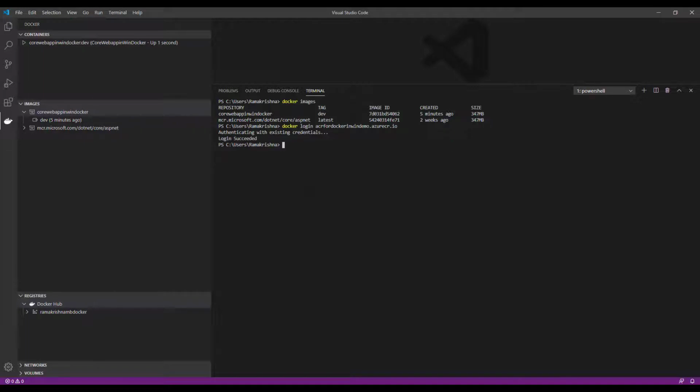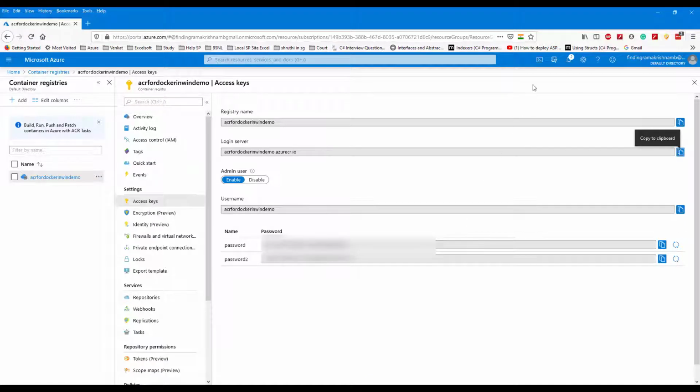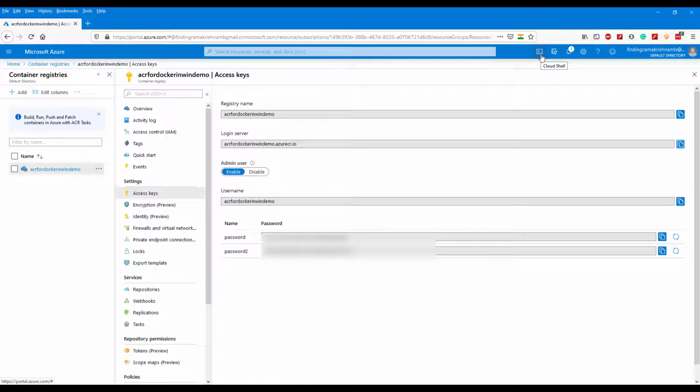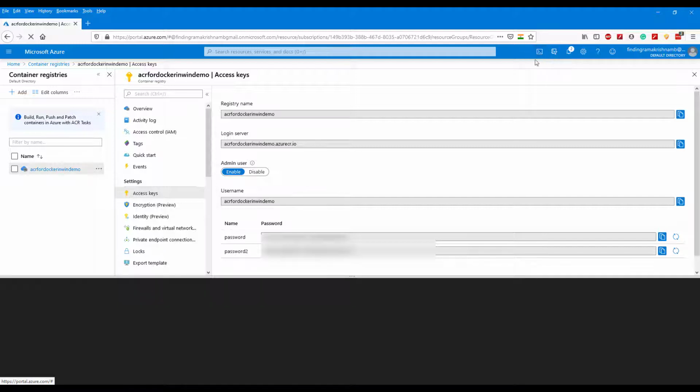I previously logged into the same Azure container, so it didn't ask me for authentication. Anyway, I will show you how it will be. If you see, we have a Cloud Shell which is given by Microsoft Azure itself. Let's open this.